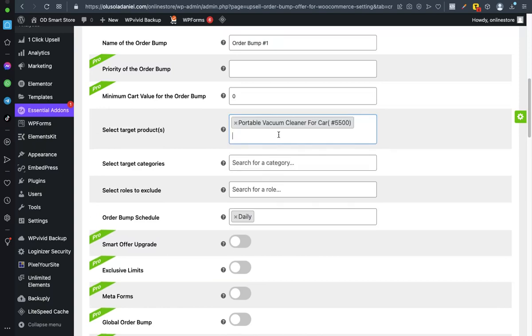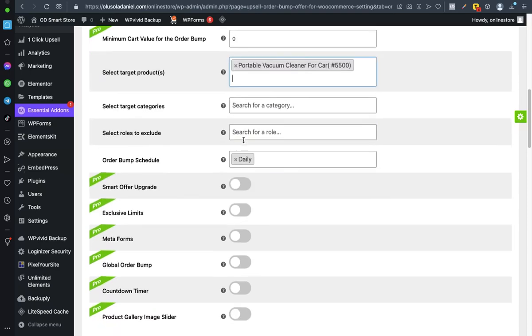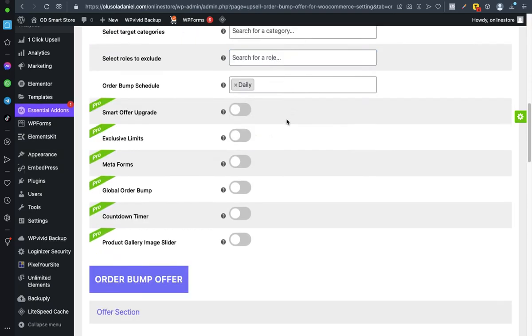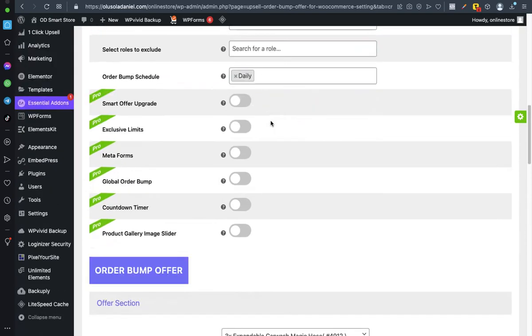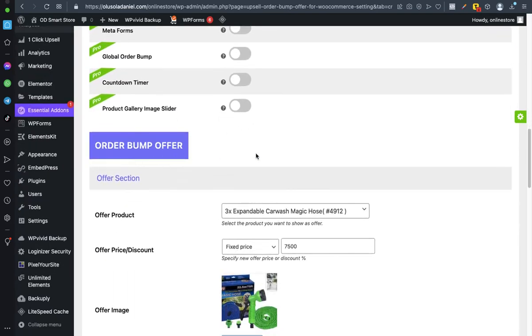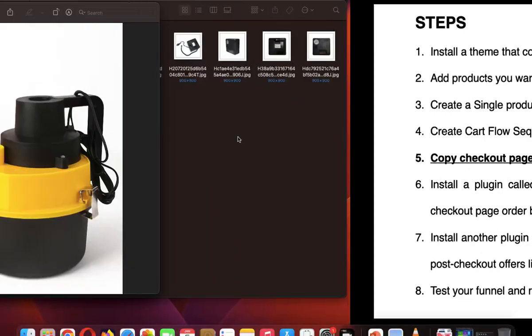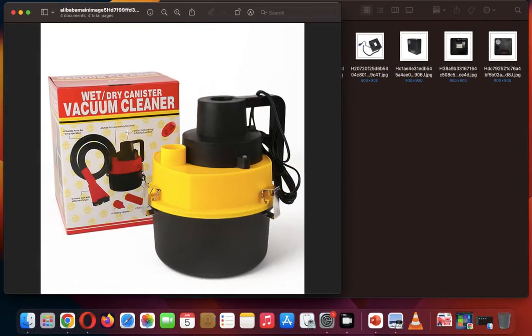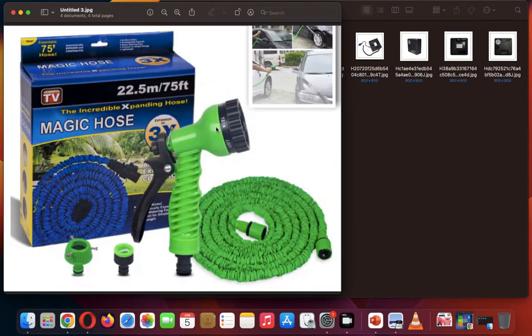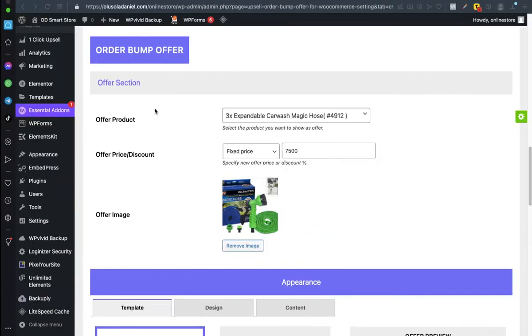In your own case, you know the products you want to use, you know your target product. So once you've been able to do that, you just scroll down. We are done with that. You scroll down. Now you create the offer itself. So as I told you guys, this is our main product. This is the product we are using as our order bump offer product. As you can see, I already have it added